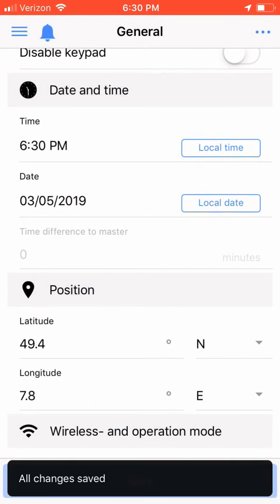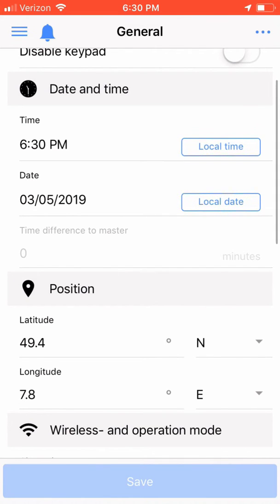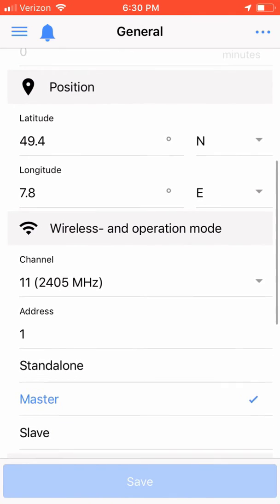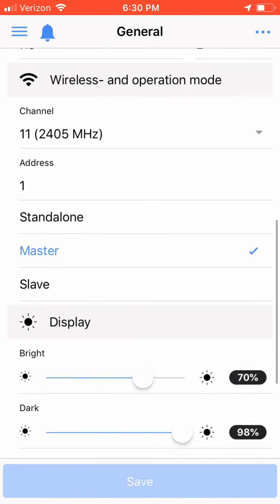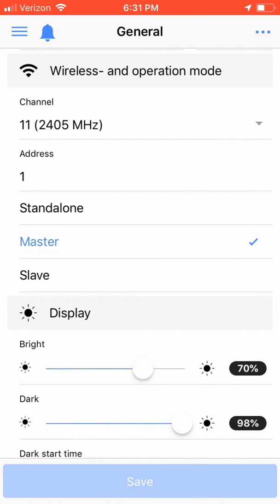You can set the position of your light via latitude and longitude. Under wireless and operation mode is where you set up the intercommunications of the LX7206 devices. This is not the same wireless channels that are used to communicate with your home network, but the wireless channels that are used for the master light to share its configuration and settings with the slave lights that it's currently